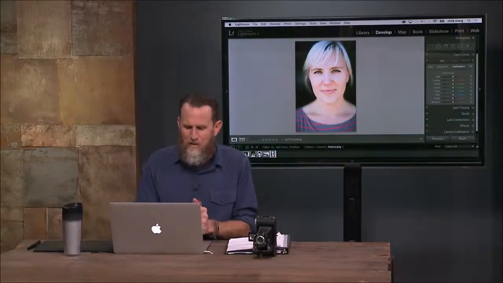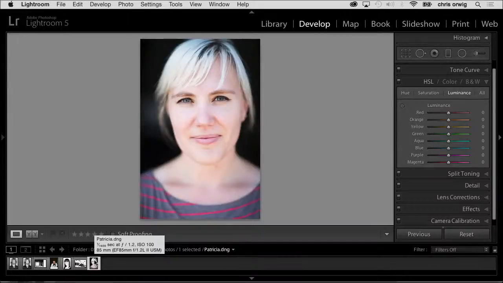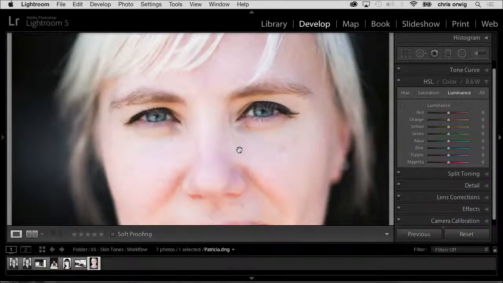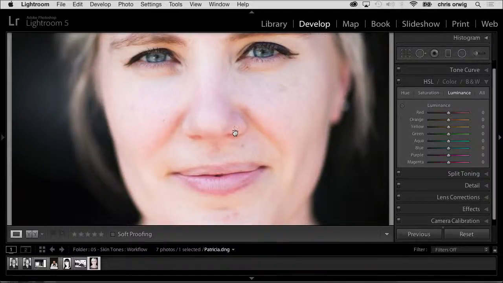Let's do another portrait. And in this image, I want to go through this one a little bit more and do some work on it. And also talk about working in Photoshop. So this is Patricia, good friend. She's an amazing printer and great photographer. So in this case,